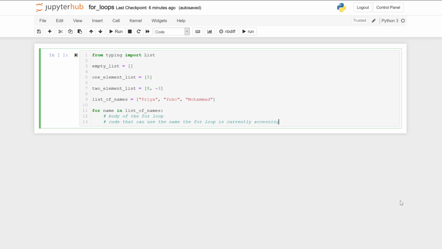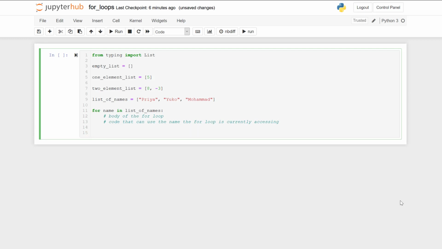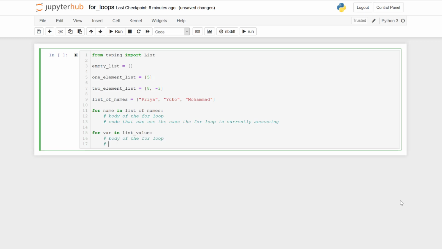Thinking about a generic example, in our class we use the for loop like this. For var, where that's a variable name, in, and then some list value. Var is the name of a variable.